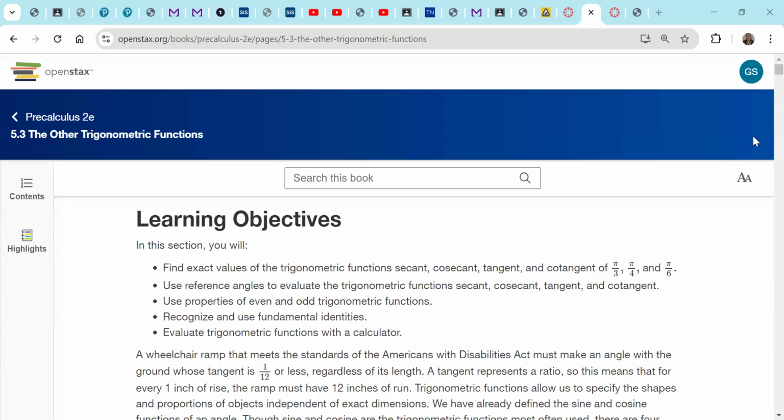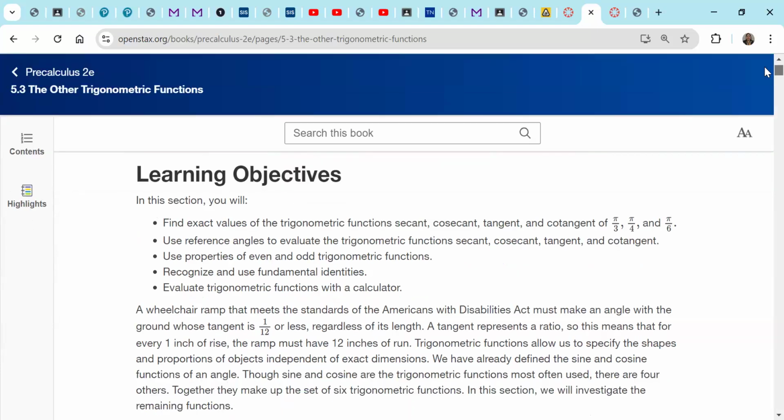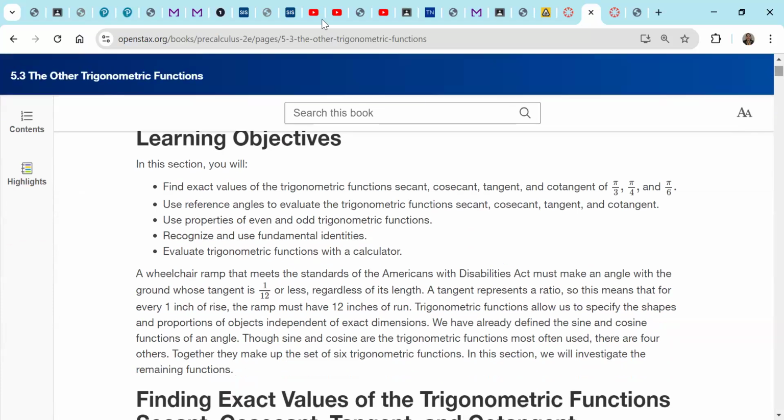All right, folks. So today's lesson is all about section 5.3, which are more functions on trigonometry. And we did work on sine, cosine, and tangent last time. And in this section, we're going to be working on secant, cosecant, tangent, and cotangent of 60 degrees, 45 degrees,